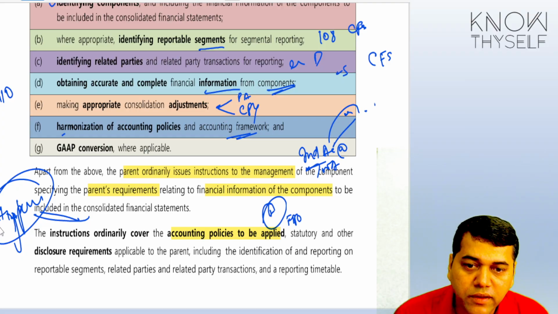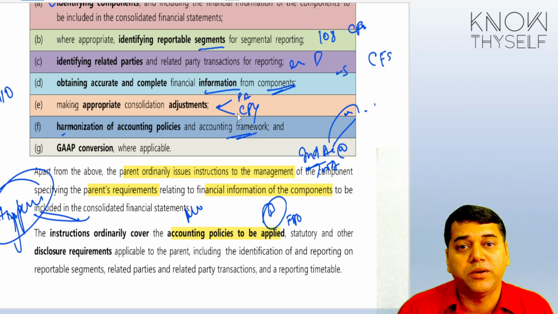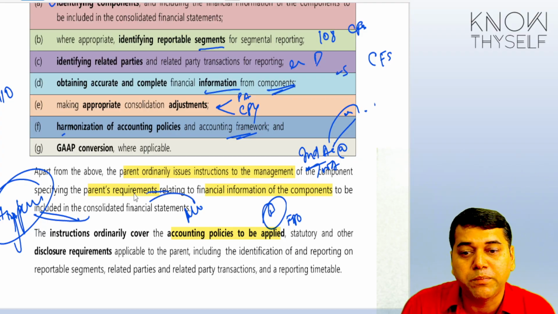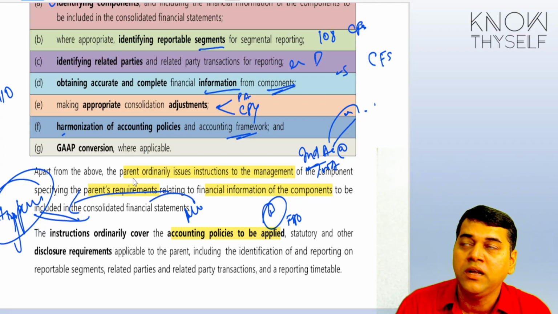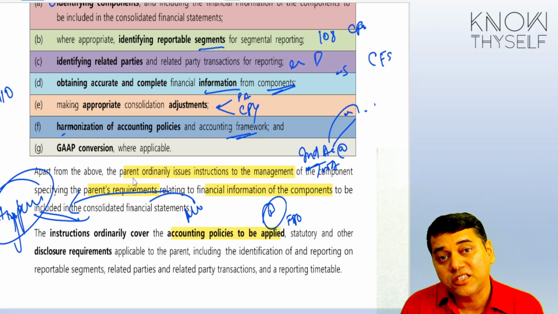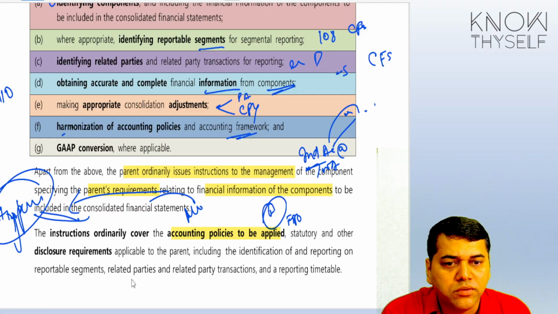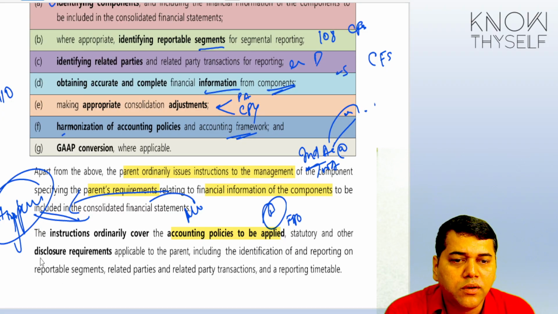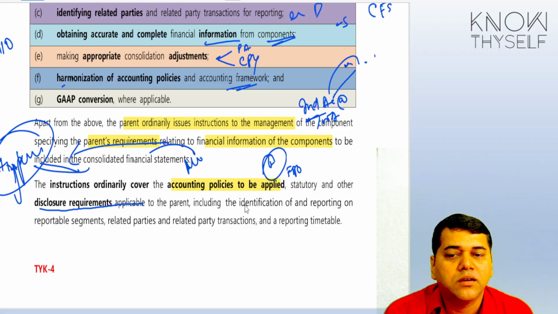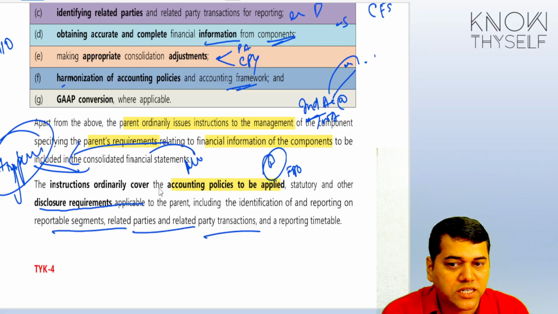That's why, students, when we were working in Vedanta, along with the monthly closing we had one more responsibility. After our closing was done, we had to convert our financial statements into one particular format. We called it the Hyperion format, and we used to upload it into Hyperion. Why? Because it used to get consolidated at the parent level. Who gives that instruction? The parent gives, and they follow up. They can also ask for other disclosures required on reportable segments, related parties, etc.